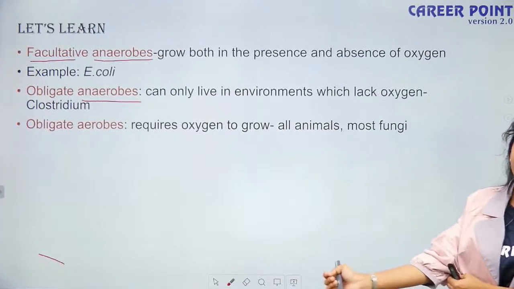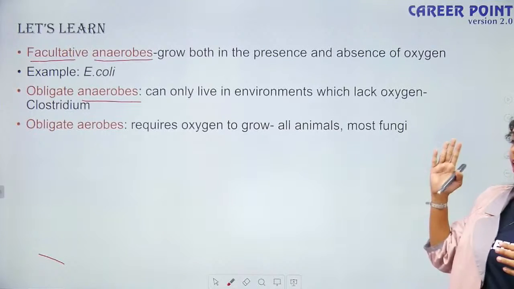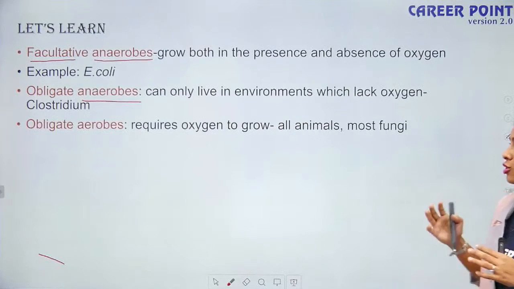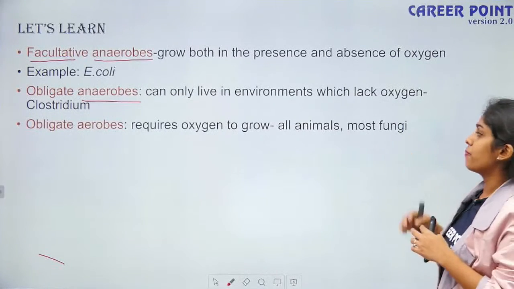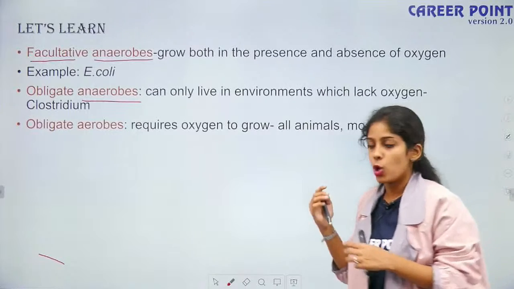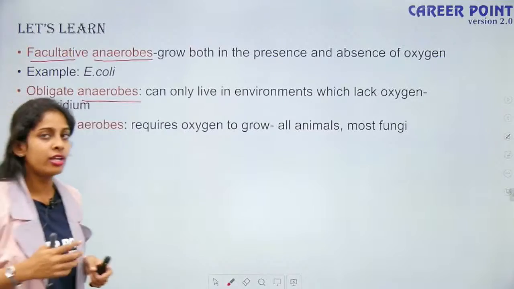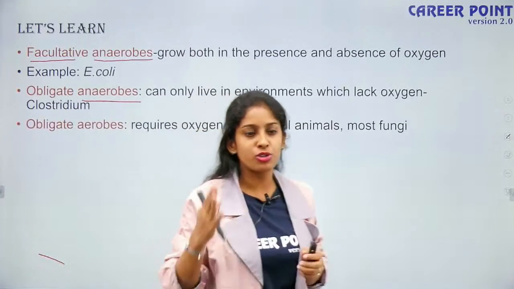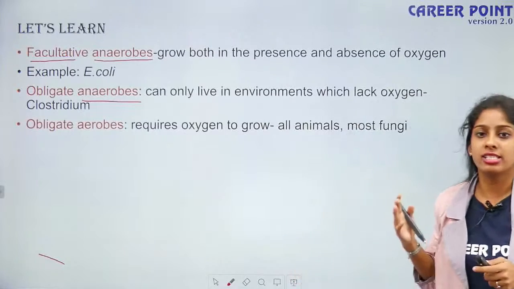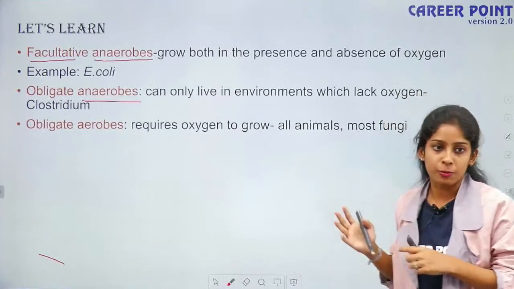The last definition is your obligate aerobes. Again, the same principle. They are strictly aerobes. If you take off oxygen, they will die. They strictly require oxygen for growth. So one example is your animals and most fungi. Okay, so you will come across these terms when we talk about the further kingdom. So I thought I will explain it now. That is how I explained syngamy also. So remember the 3 types of syngamy, and now you'll remember the types of organisms they are, whether they are facultative anaerobes or obligate anaerobes or aerobes.